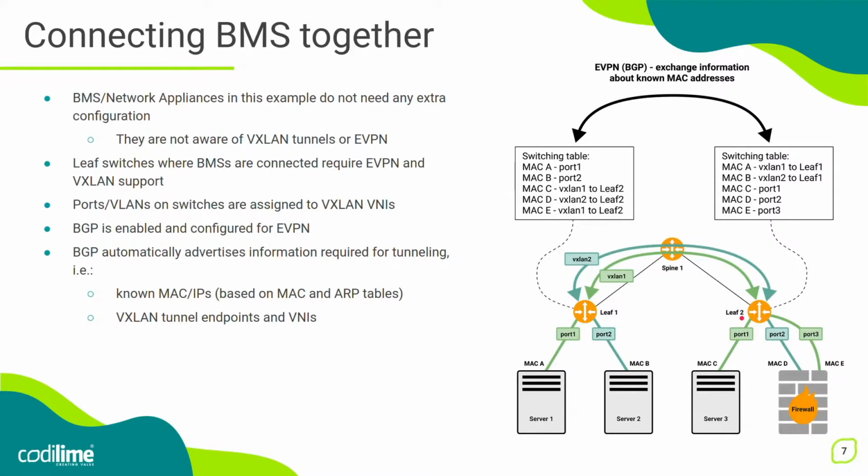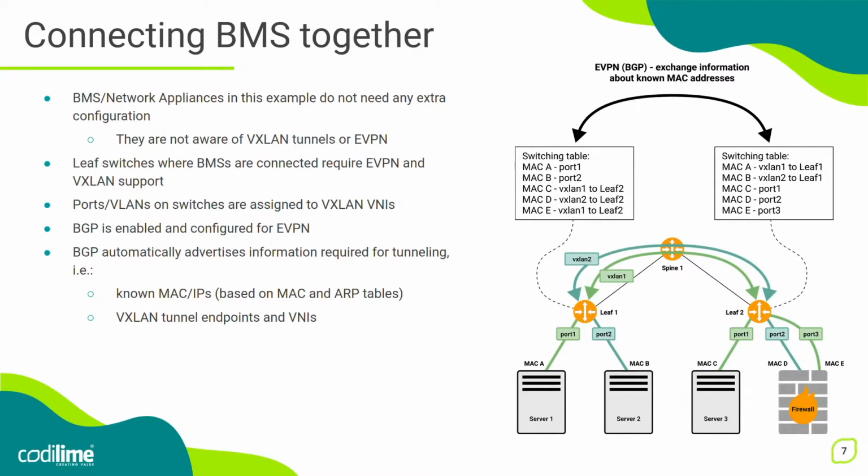And Leaf2 will perform standard Ethernet switch learning, so it will take a look at the incoming frame and write it down in the switching table. It will write down the source MAC address, and the interface through which this MAC address is reachable. Now, before forwarding this frame to the destination, EVPN will also take a look at the switching table,